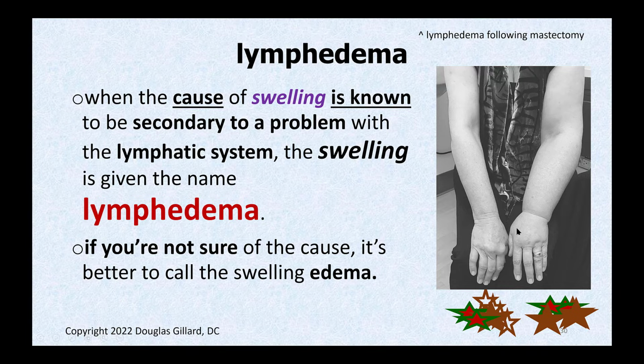This is all interstitial fluid, really a combination of lymph fluid and interstitial fluid that is backed up. This fluid is waiting its turn to get through the crummy lymph circulatory system because of the removed axillary lymph nodes. So that's called lymphedema. If you know the cause of it, call it lymphedema. If you're not sure, you just call it swelling to be safe. But with a history of breast cancer and mastectomy with axillary node removal, we know this is lymphedema.